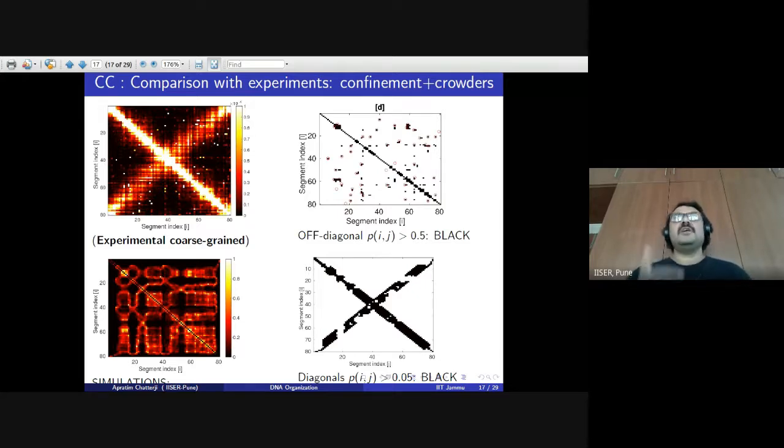Just to remind you, we are starting from the experimental data. We are using very few of the experimental data to do our modeling. And then once we get the entire organization, we are comparing it back with the experimental data. E. coli was already matching without confinement. It matches even with confinement. And for Caulobacter, the simulations and experiment were not matching, but now with the effect of confinement, it does match.